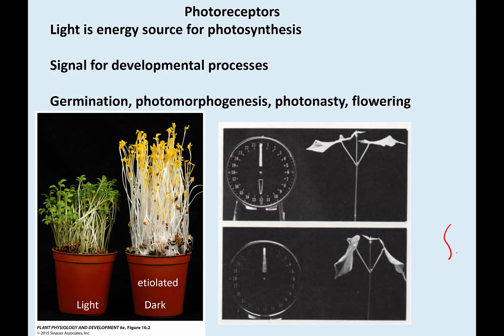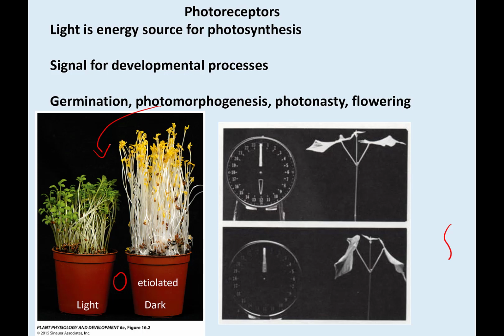Light will stimulate germination, photomorphogenesis, photonasty, and flowering. So right here is a picture of photomorphogenesis. We'll be talking about this in detail. You can see that seedlings, when they are grown in the light, are shorter, and the little leaves are green. When they're grown in the dark, they're super long. In a sense, they're searching for light, and so they grow super long and they don't produce